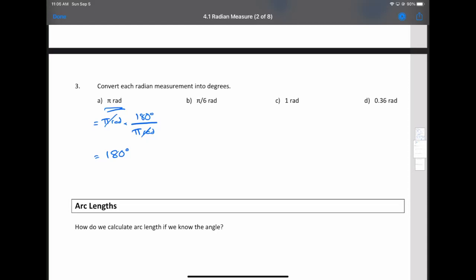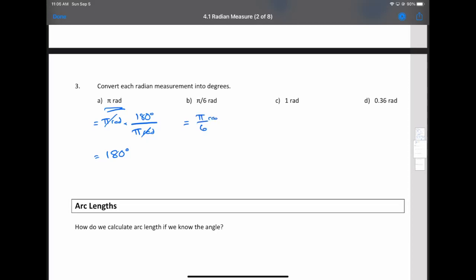For this one here, can you guess what pi over 6 radians is going to be in degrees without actually doing the calculation? At least not formally. So this is basically a half circle divided into 6. 180 degrees divided into 6 should be 30 degrees. But if we want to do it more formally,